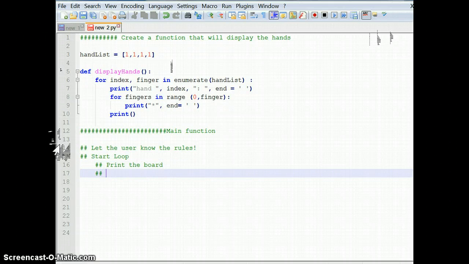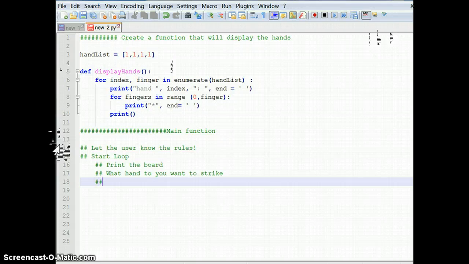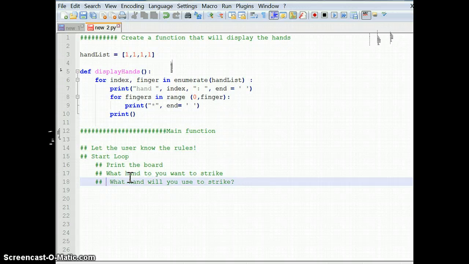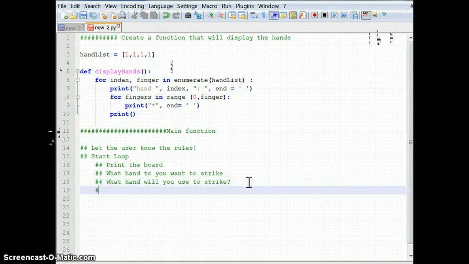And then we have to say, like, what hand do I'm going to have to get whatever hand that they want to target, right? And then what? Okay. So now we know, say like, oh, I want to hit hand 0 and I want to hit hand 0 with my third hand or whatever, you know? And then I want to actually perform